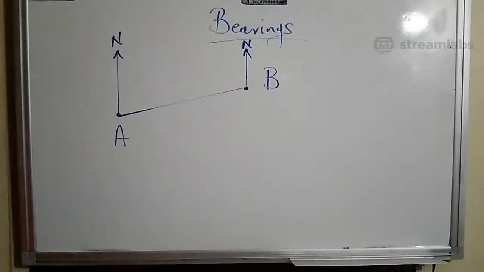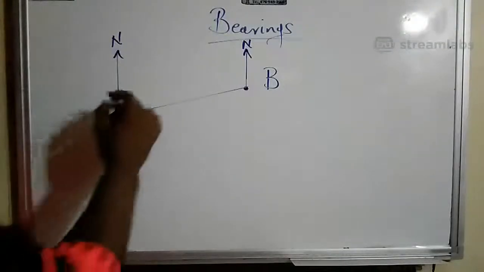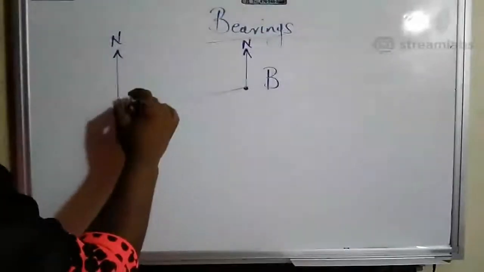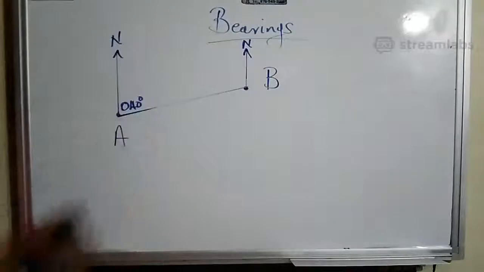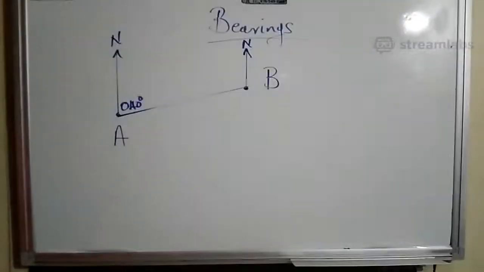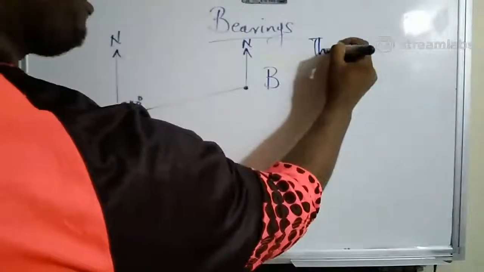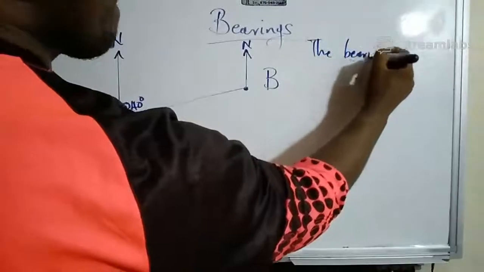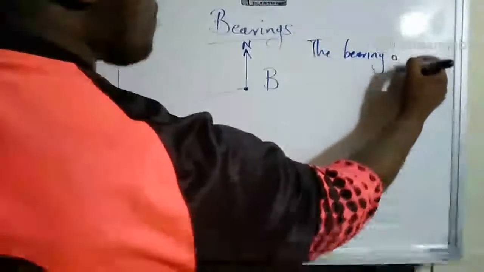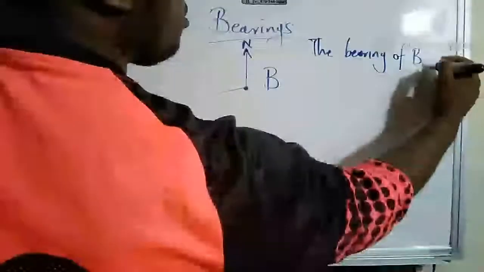Alright, let us explain this very easy now. Let us say we were given this to be 40. What this is saying, the bearing of B from A is 40 degrees. Let me just put that in words so people can see it. The bearing of B from